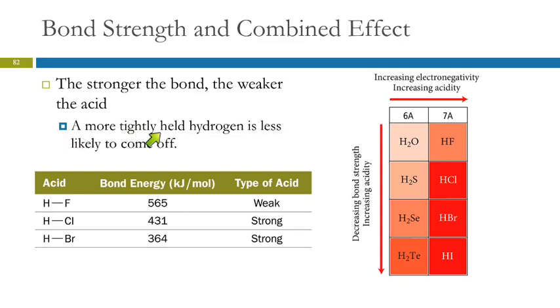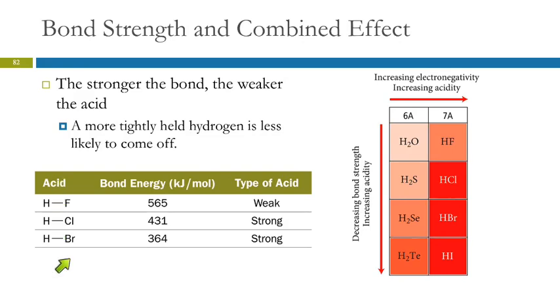So if that hydrogen is held very tightly, if the bond is strong, is that going to ionize easily? No. It's only going to ionize a little bit because we've got to pull that hydrogen ion off. If the bond is very weak, then it will very easily lose the hydrogen ion and it'll be a stronger acid. Does that make sense?